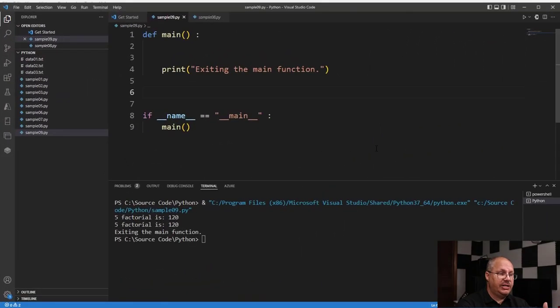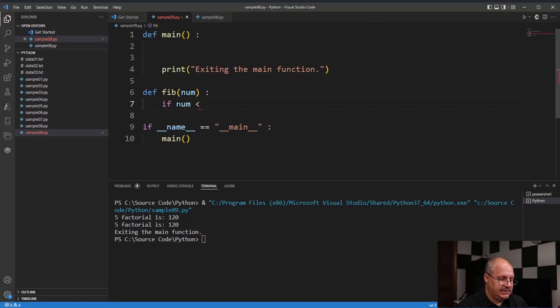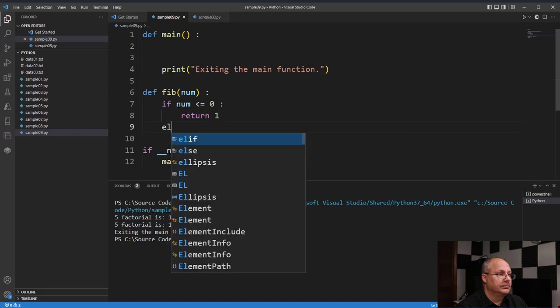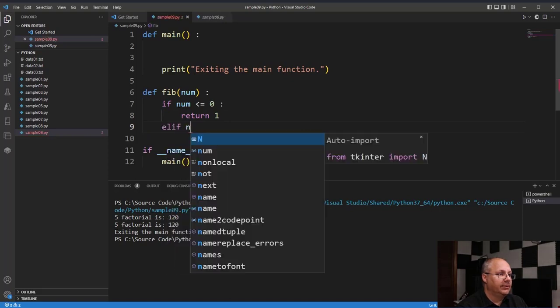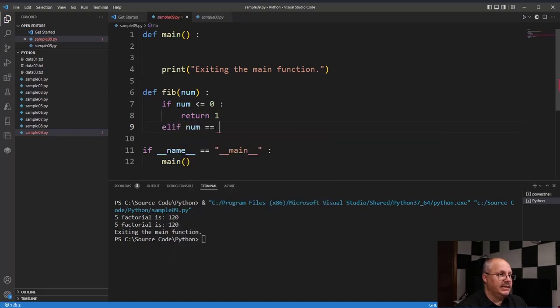The Fibonacci is based upon the previous two values. So my new value is based on my previous two values. And so I can create a function. I'm going to call my function fib just so it's a little bit simpler and easier to write. If num is less than or equal to 0, I'm going to return 1. Elif num is equal to 1,